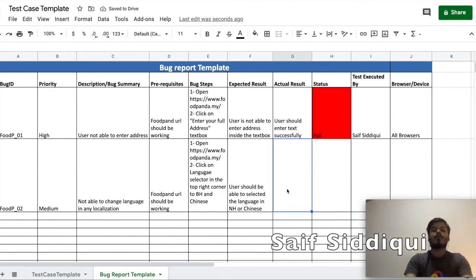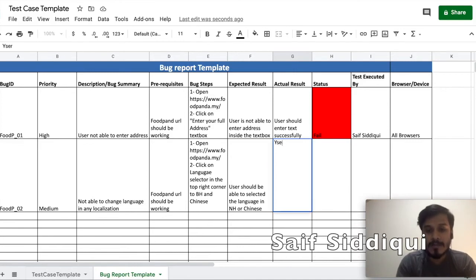And actual result, if I am re-verifying the bug, then I will write user is able to change the language.